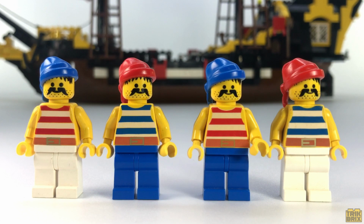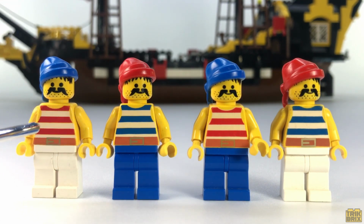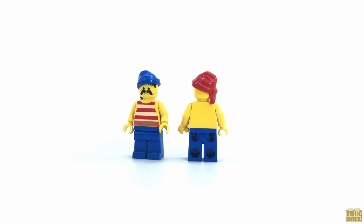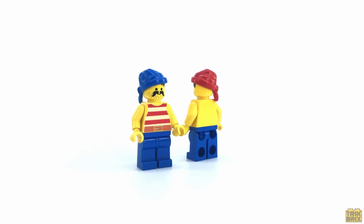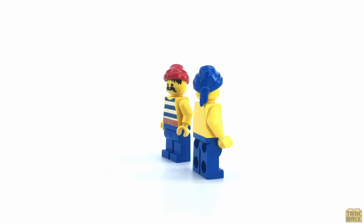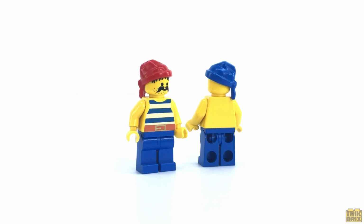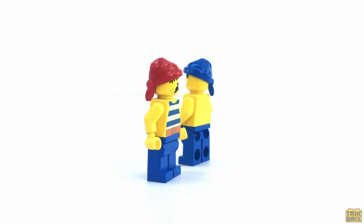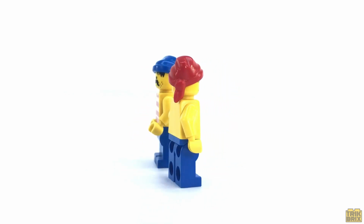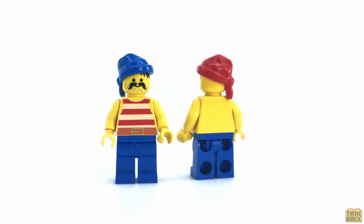You've got the mustachioed quadruplets, each with either a red or blue bandana, and red or blue striped shirt with belt. Obviously, given that these were released in 1989, none of the figures in this set get any rear torso printing or alternate faces, but they were groundbreaking at the time for one very important reason. The minifigures in the Pirates theme were the very first to feature anything other than the classic Lego smiley face, so even if you're not a huge fan of Pirates, unlikely if you're still watching this, you can thank them